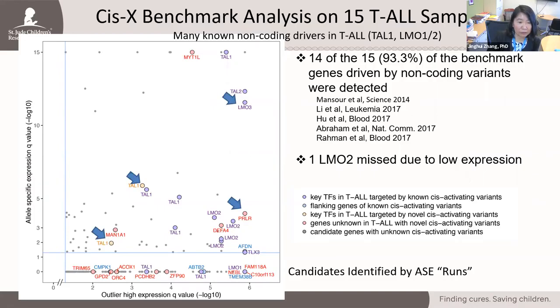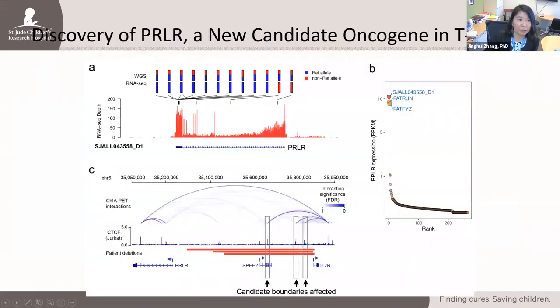We also discovered a new potential oncogene called PRLR, and this variant, I will show in a little bit of detail, was discovered by looking at variants from whole genomes that are heterozygous. As you can see, the two colors represent red and blue here. But in RNA-seq, only one color was shown, indicating only one chromosome was activated. And we are able to see there is a deletion event leading to the removal of CTCF boundary elements from the